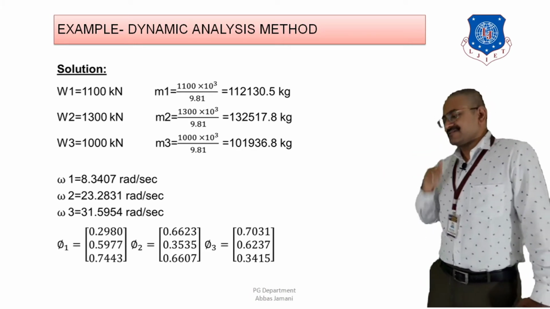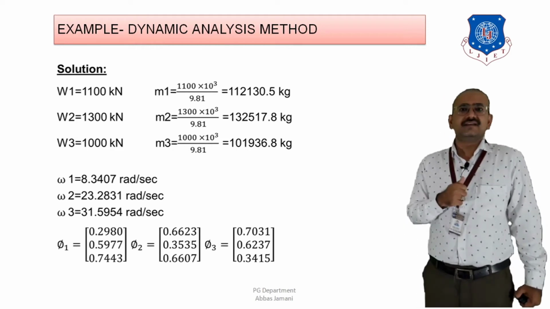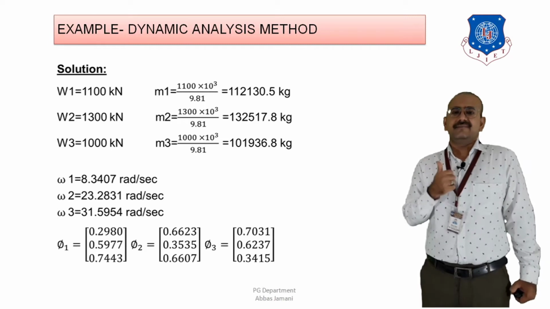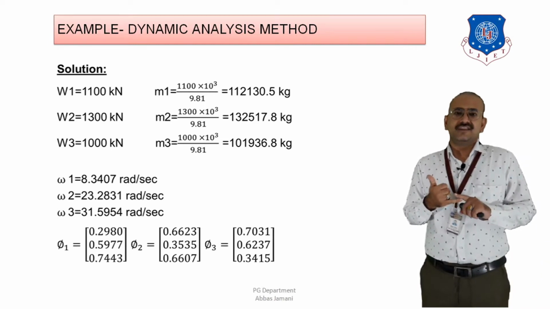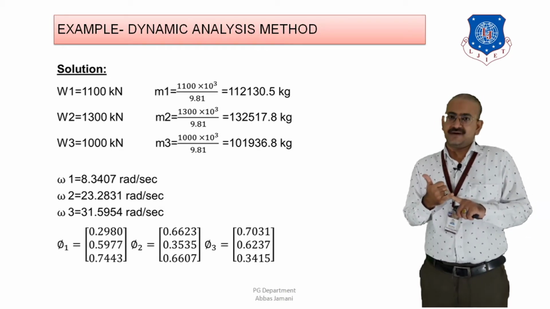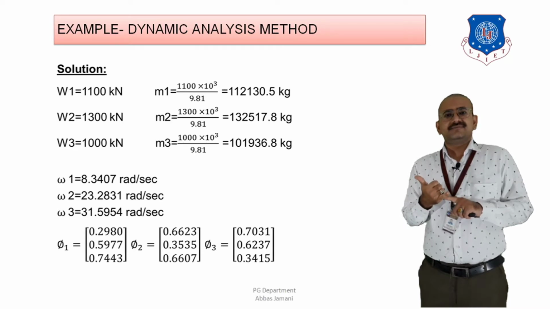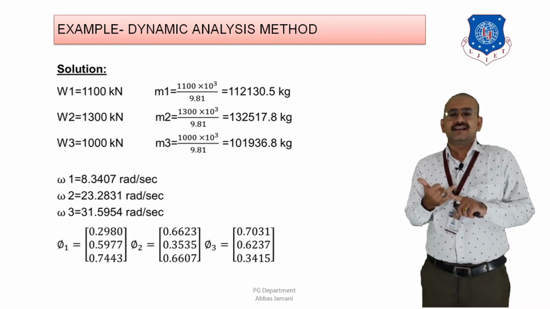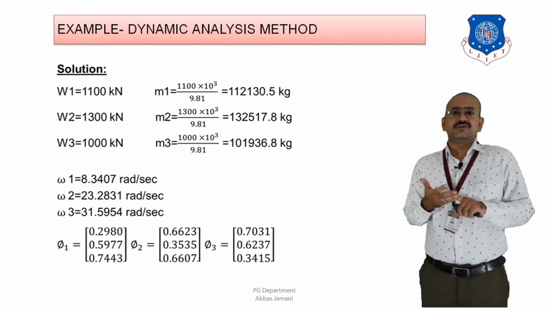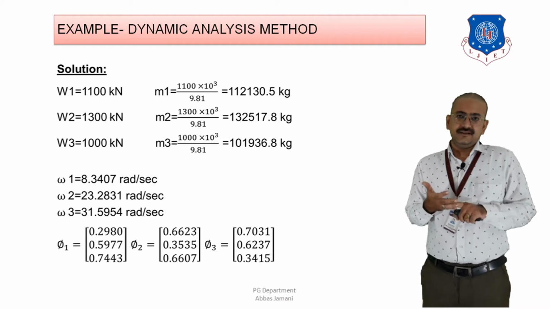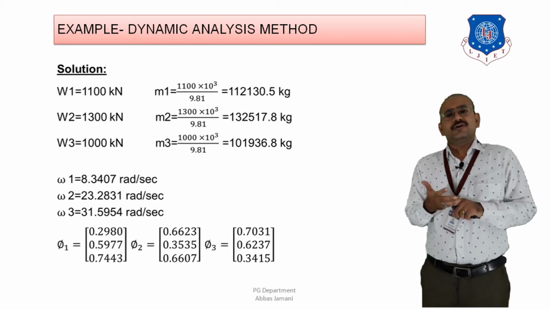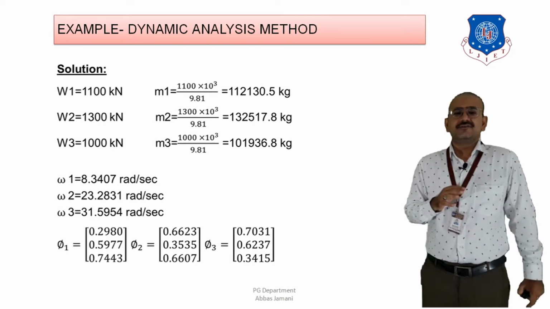So first of all we start with the basic calculation, where the first step is the calculation of modal mass. If I tell you in brief the steps in which the dynamic analysis calculation is to be done, the first step is to calculate the modal mass. Once the modal mass is calculated, the next step is the calculation of modal mass participation. Then the third step is to calculate the design lateral force at each floor level in each mode. Then the fourth step is the calculation of the story shear at each floor level in the combined modes. And lastly, calculation of lateral forces at each floor level for all the modes that are going to be considered. So basically we are going to have 6 steps.